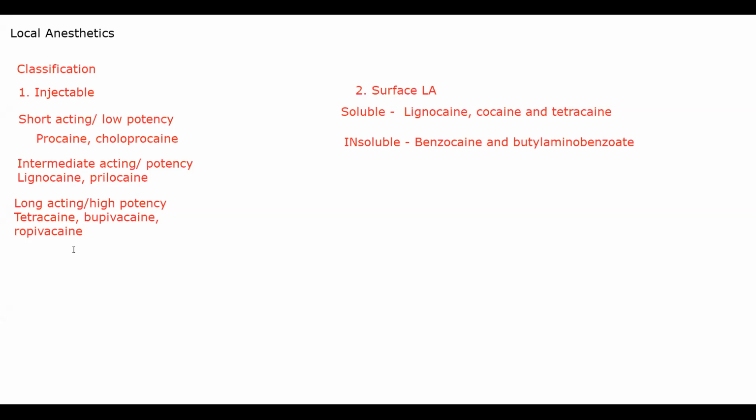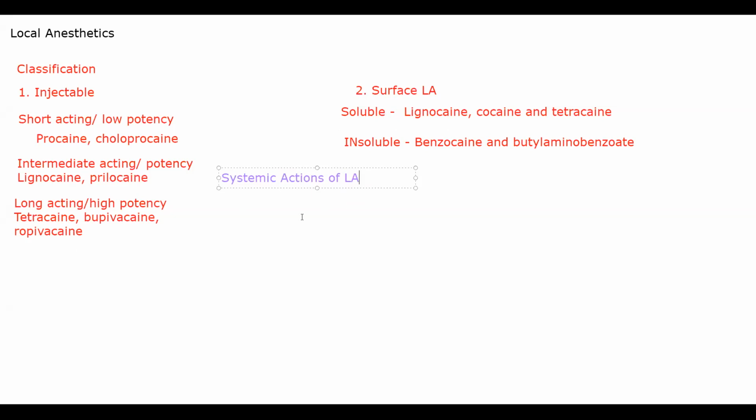All right. Now coming to systemic actions of local anesthetics, what do they do systemically once they get inside your body? So let me use a different color. Systemic actions of local anesthetics. Please feel free to stop me at any time if you're not understanding anything or you want me to repeat anything. All right, you can type it in as well.